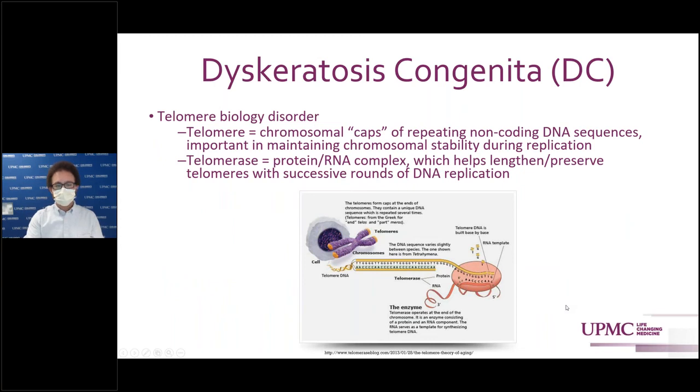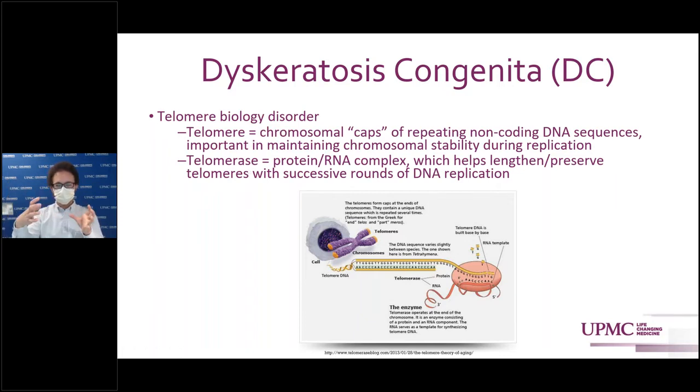Next, briefly want to talk about Dyskeratosis Congenita, or DC. This is a group of what's called telomere biology disorders. So briefly, the telomeres are what I like to say, the caps of the DNA sequence of the chromosomes. And as we age or just with time, those get shorter and shorter and shorter. There is an enzyme in our body called telomerase, which helps extend and lengthen these caps